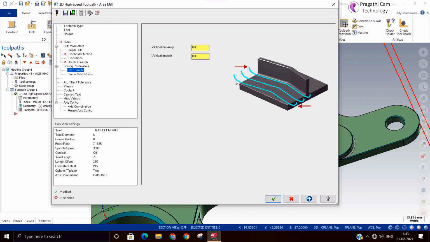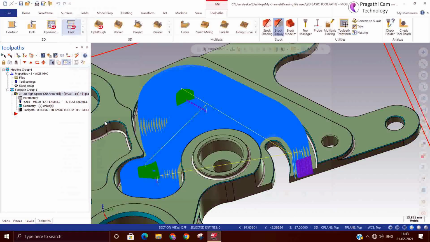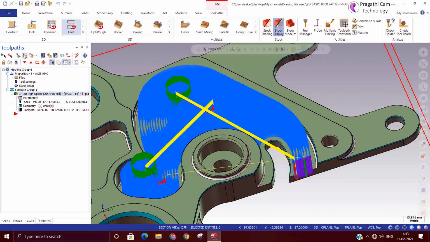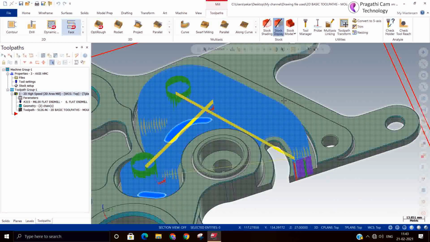So in normal toolpath you have seen that entry and exit is in the XY only, but here in the high speed and area mill you can see the lead in and lead out may take place in the ZX or ZY also, other than the XY. So these are the things. Even you can change your width or length and other things. So now I made little change here. With the trochoidal motion I changed, at entry method I changed.